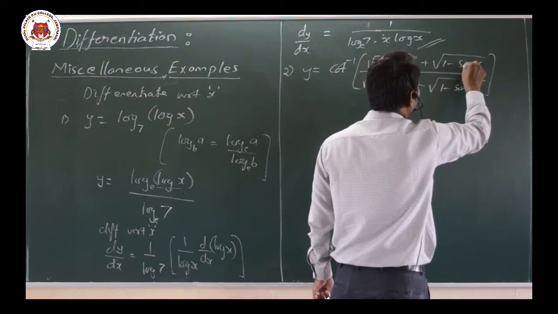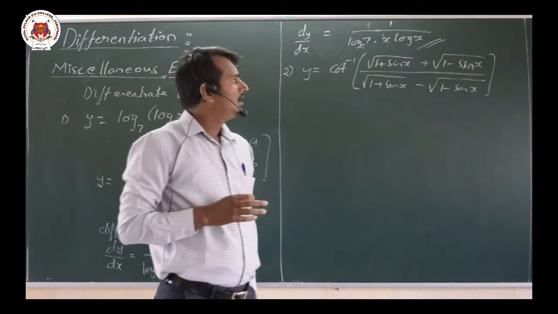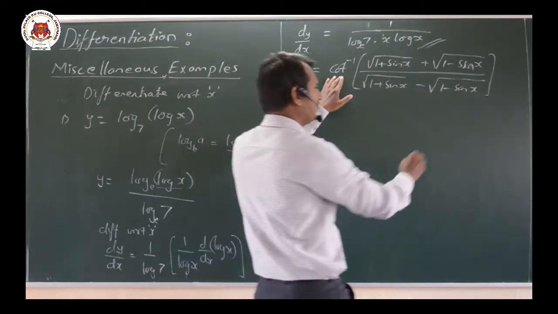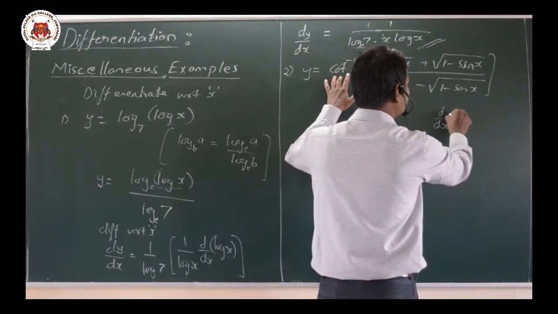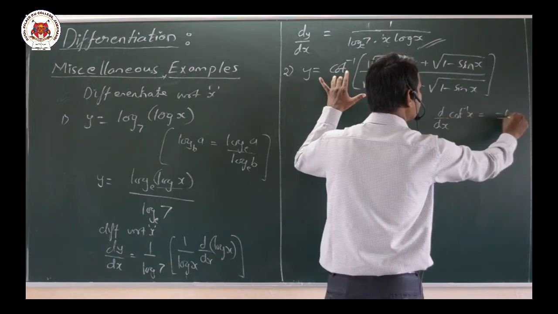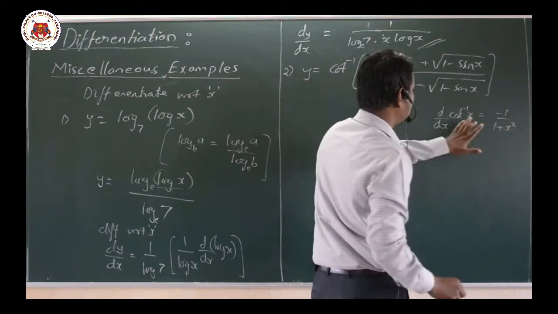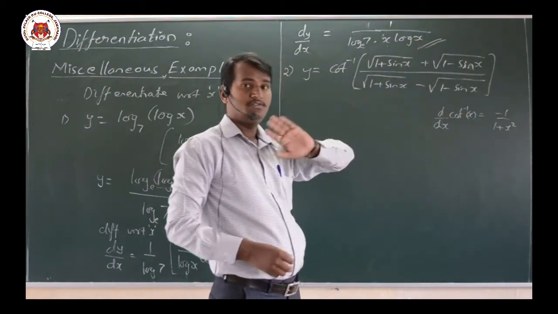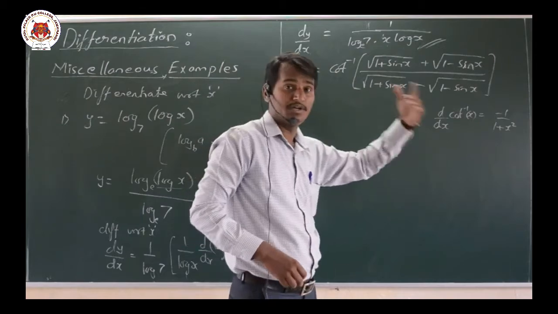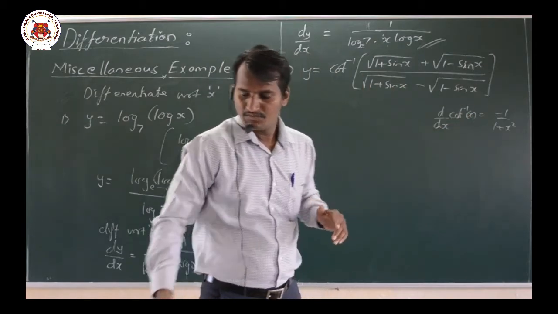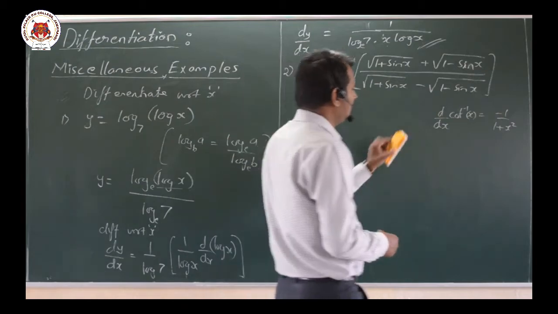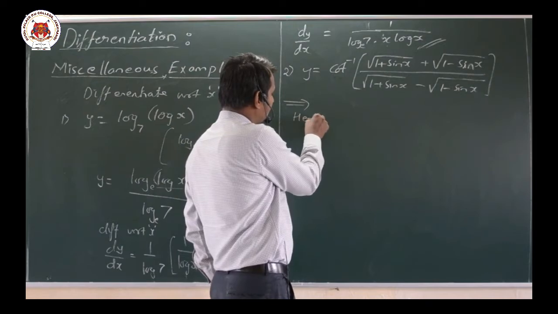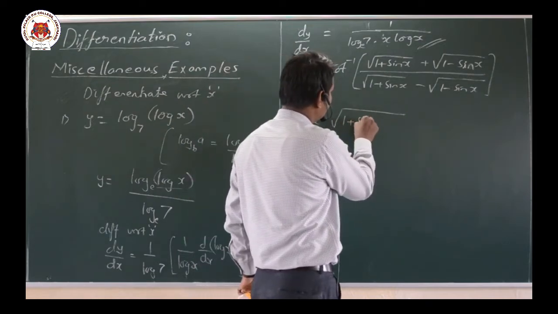Now dear students, in this simple example, here is the differentiation of cot inverse. What is the differentiation of cot inverse x? We know that d by dx of cot inverse of x equals minus 1 divided by 1 plus x square. But in the place of x here, you have the whole term, and it would be a little more difficult to solve the problem. Instead of that, what I can do is very simple. I will make use of trigonometric formulas here. So what formulas I can take here is root of 1 plus sin x.